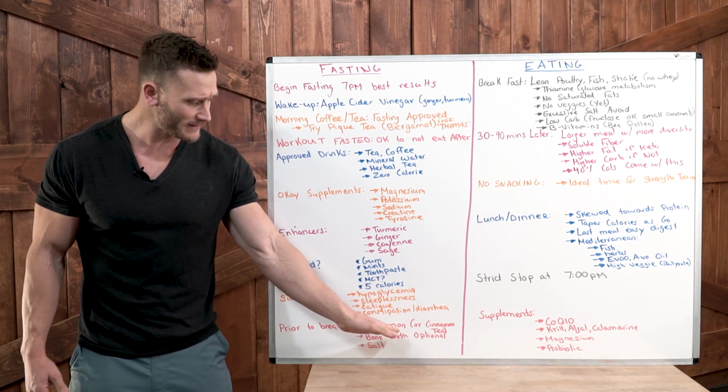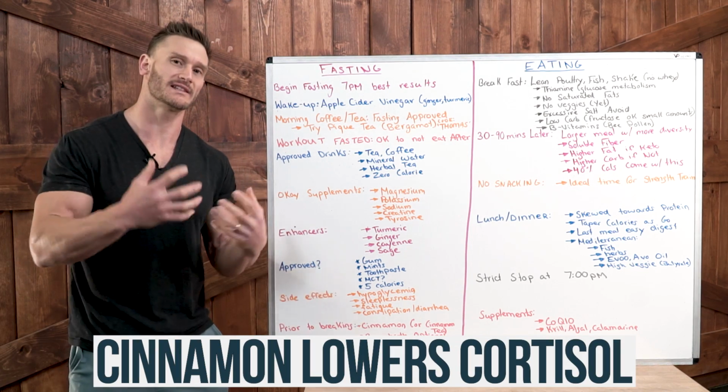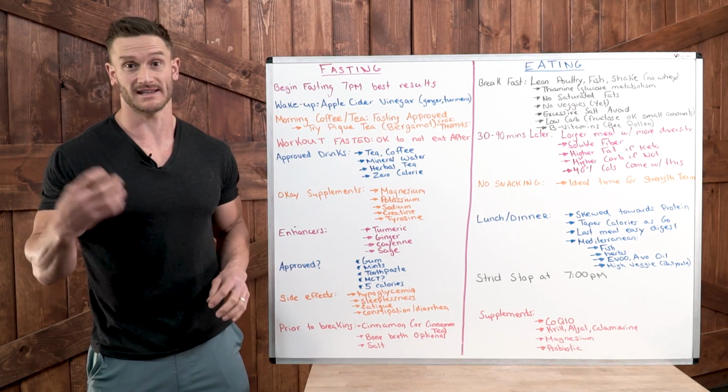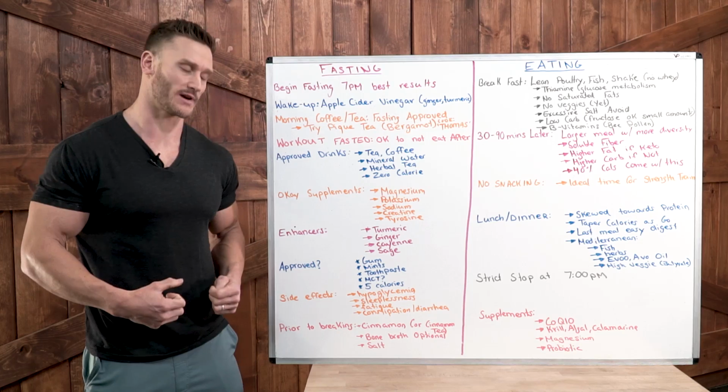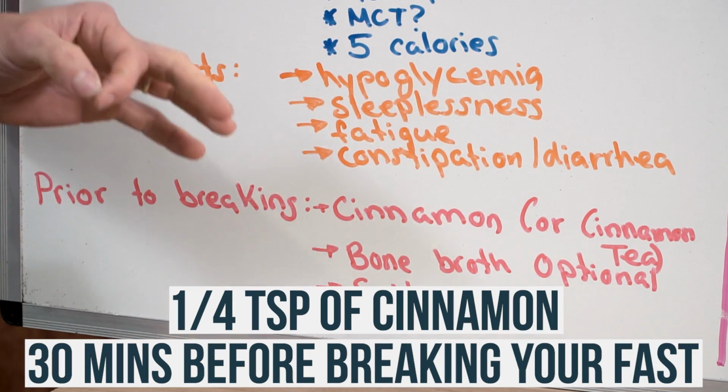A little bit of cinnamon, okay, because cinnamon is going to lower your cortisol levels. That way, when you do bring in some food, you're going to have less likelihood of lipoprotein lipase, an enzyme, triggering that food to get stored as fat. Okay, so what I would usually recommend is just a quarter teaspoon of cinnamon half an hour before you